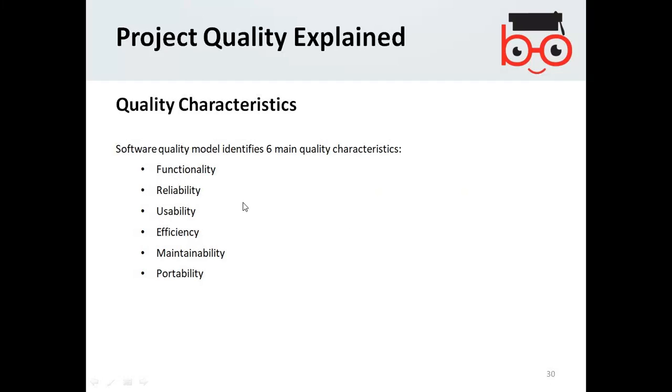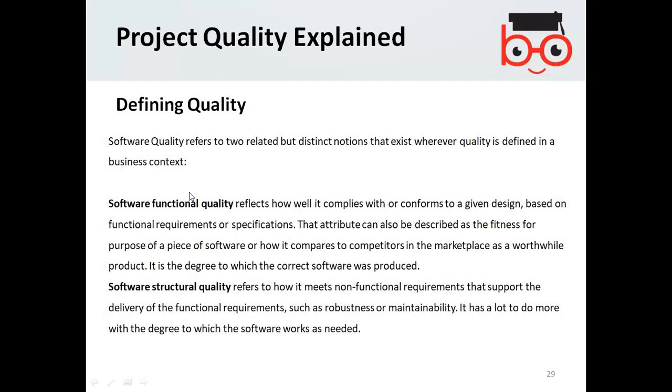The characteristics of quality could be reliability, usability, efficiency, and overall the quality of the function is basically the assessment of the components or the function operations defined in the requirements. Whatever you define in the requirement, it is the functional quality or the functional performance assessment.